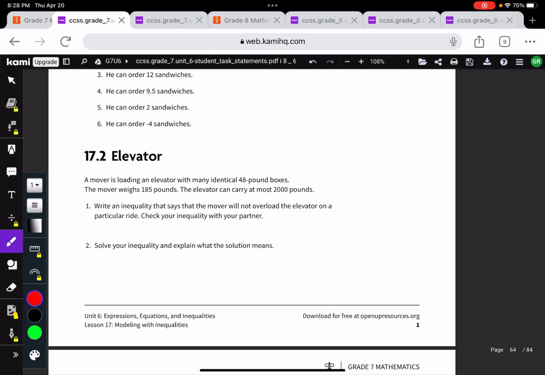I would say we've got 185 pounds. We're going to have the mover, plus we've got to do boxes. They're 48 pounds. So plus 48 pounds times however many, we can call it B for boxes or X for boxes, whatever letter you want. That's got to be less than, and it says at most, meaning 2,000 pounds will work, so that's got to be less than